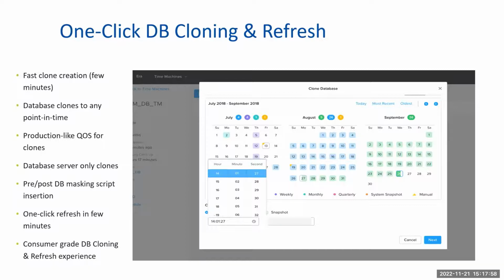There's a small option to click refresh, and it will be refreshed from the production database. Or you can schedule it. You can schedule the refresh of your cloned databases at whatever time you like. Again, while cloning, you can run a database masking script, for example, and even the refresh of your databases from production to development will be a matter of a few minutes.